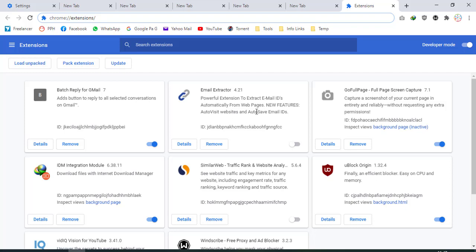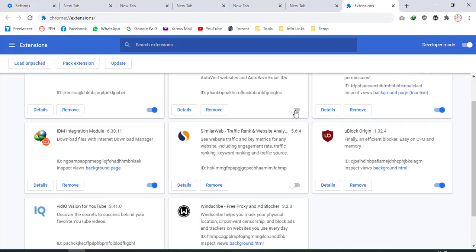I have disabled this extension, so it will not remove any data occupied by this extension. And when I need it, I will just turn on this extension and get all of the data back.